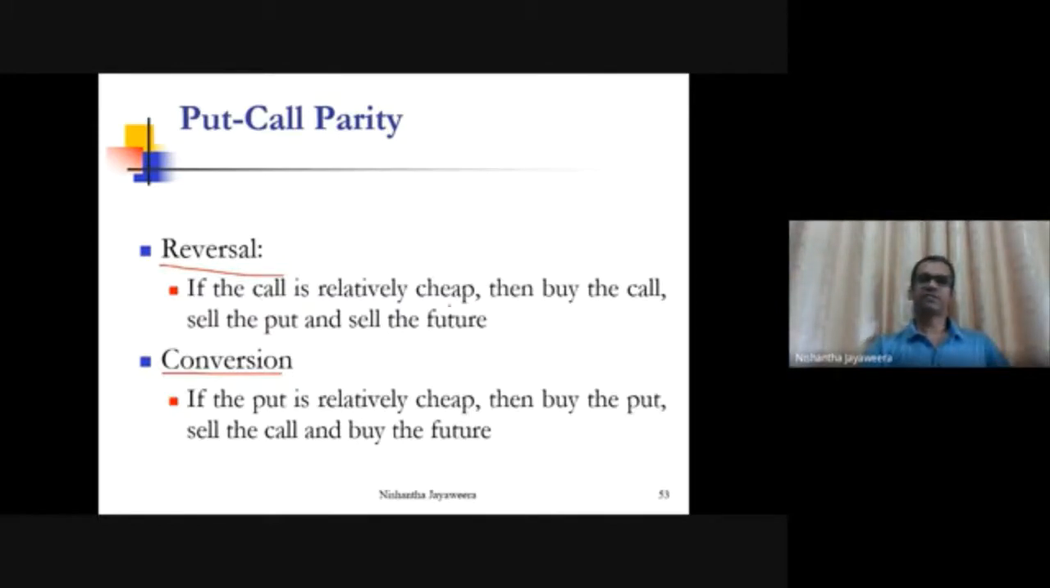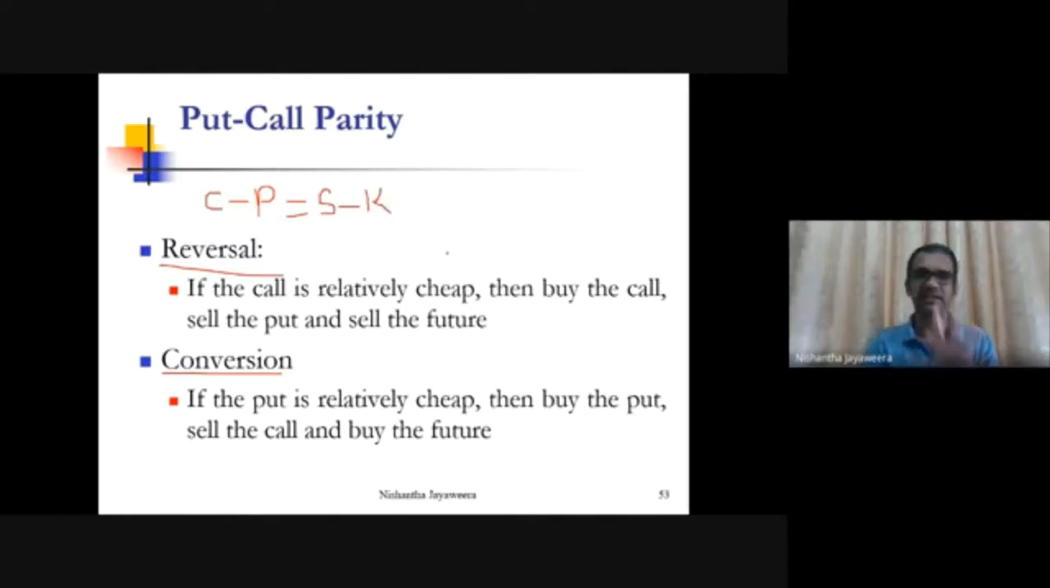If the call is relatively cheap, then buy the call, sell the put, and sell the future. So it is simple because we are using this on futures transactions, not on any other underlying transaction. We just discuss here options on futures. Then it's easy to understand. Call is relatively cheap. What does it mean? You use the market put premium, market spot price, and the strike. You calculate a call premium